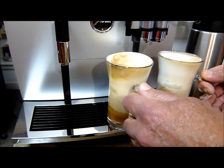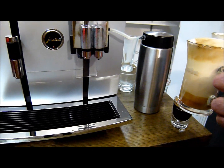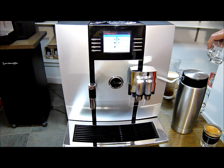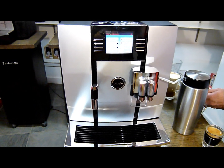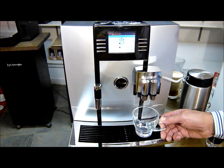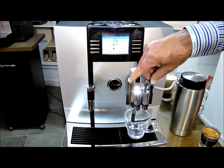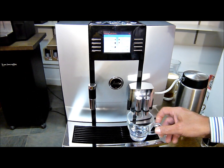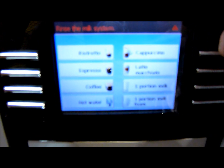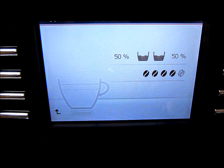Let me just put these drinks on the side for a moment, because one of the things that I wanted to show you, which the earlier part of the video didn't really make clear, is the fact that this machine actually shows the rate of progress of the drink being made. So if we go back, for example, to the cappuccino once again, I press that button. Now what we can do by leaving the camera on the TFT display,